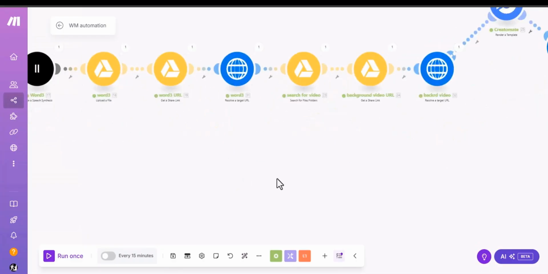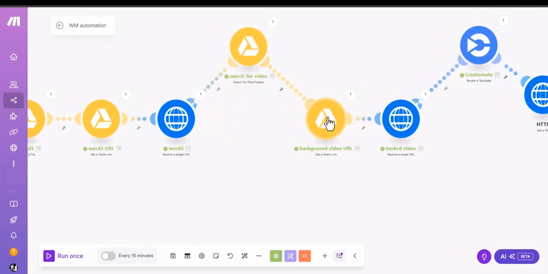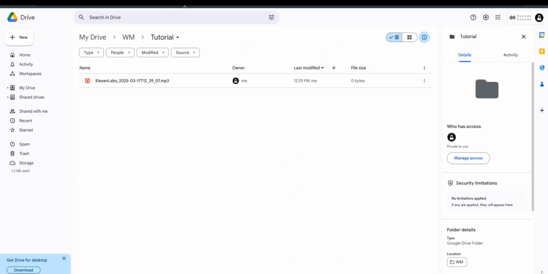Actually, the one step that I've missed was also you want to search for the video, and those background videos need to be placed in your Google Drive folder first as well. So again, as mentioned before, you want to go and create a new folder in your Google Drive like that. I created one called tutorial,